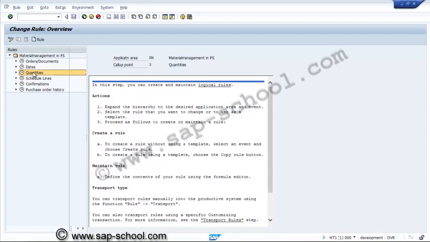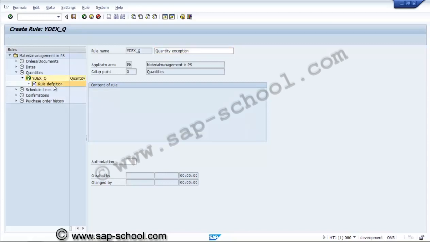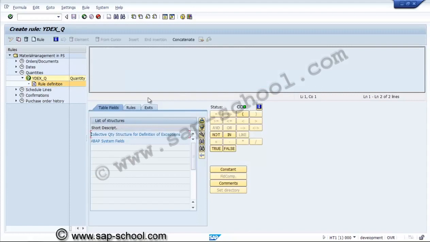So here we will give quantity exception. So now we'll go to rule definition.